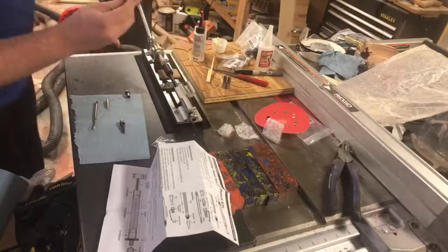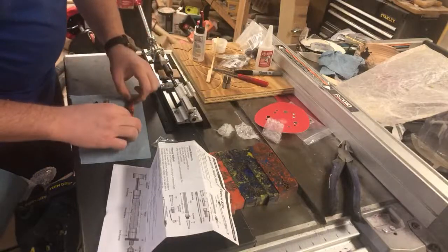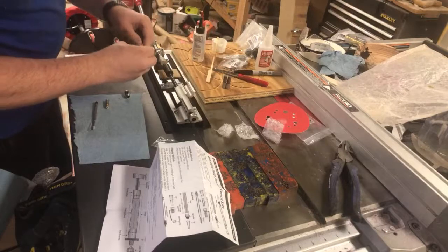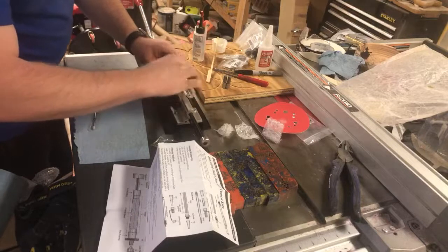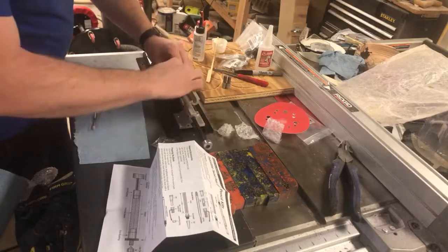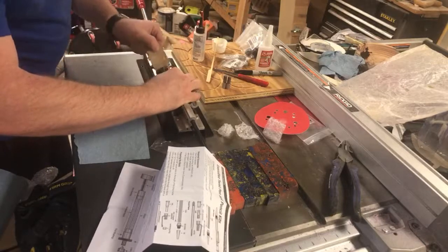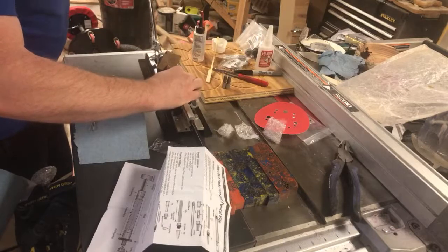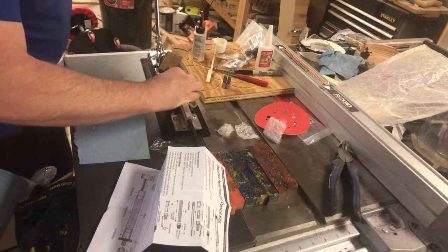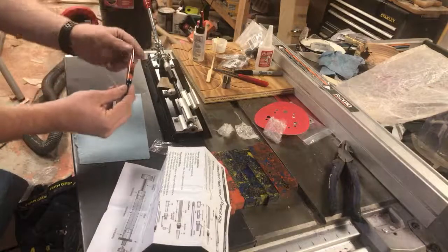All right, so there's the clip assembly. Now we are going to insert the front end here. We might need to adjust this just a little bit, sure enough. Adjustments on this pen press are exceptionally easier than my old pen press. My old pen press served me well, but just like anything else, it was time to upgrade. So there we have it. Okay, now that we have this pressed,